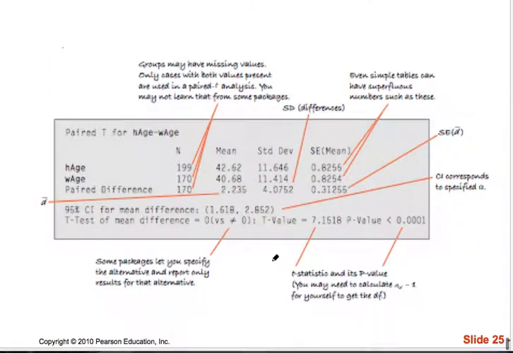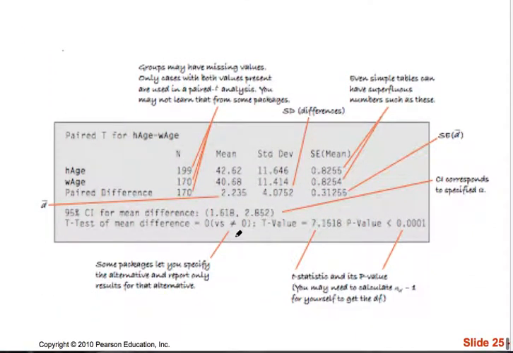Okay, so here's another printout that they could give you. All right, so let's see, groups may have missing values. You may not learn that from some packages. When I ran my data, it just tosses out the ones that don't have, I think I clicked a button and it tossed those out. Okay, here is the 95% confidence interval. It tells you the t-test. We get the exact same number that we got before. Okay,